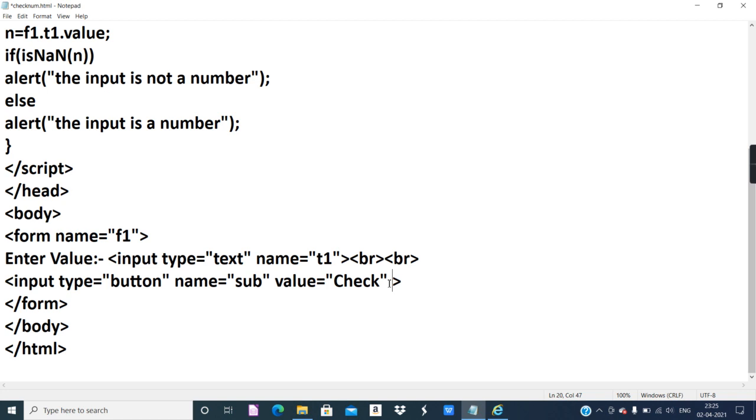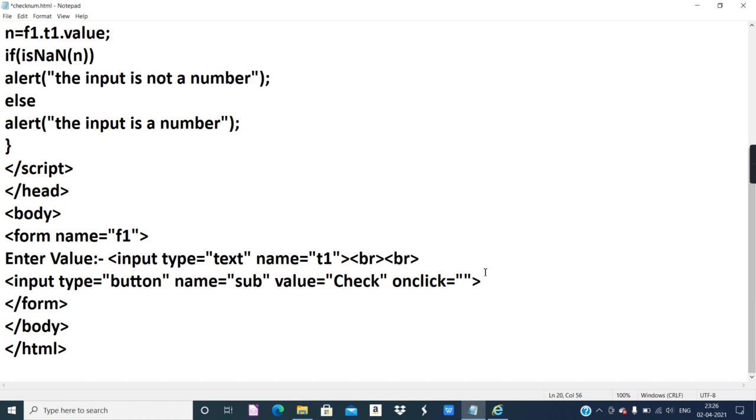A lot of event handlers are given in the textbook. We will use one event handler called onClick. Now see, in onClick event handler, click is the event and the event handler is onclick. If you add "on" in front of the name of the event, click is an event, it becomes an event handler. It is going to handle the event. And how to handle the event we can give. What we will give, let's see. So onclick is equal to the name of the function.